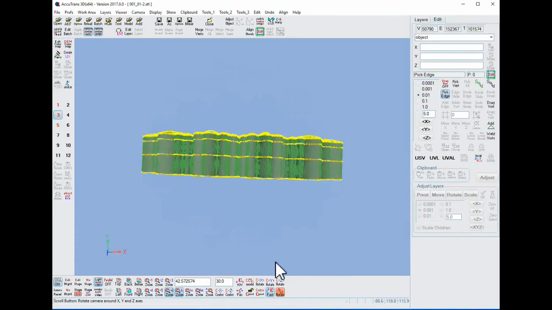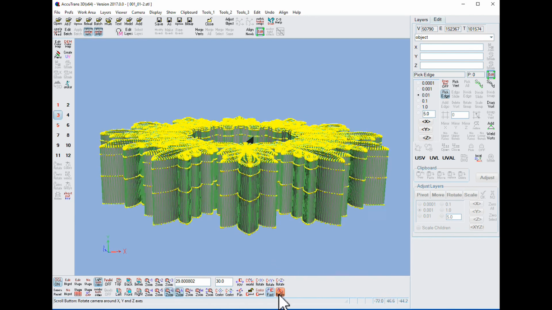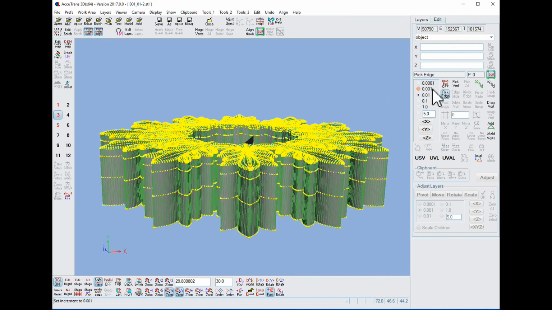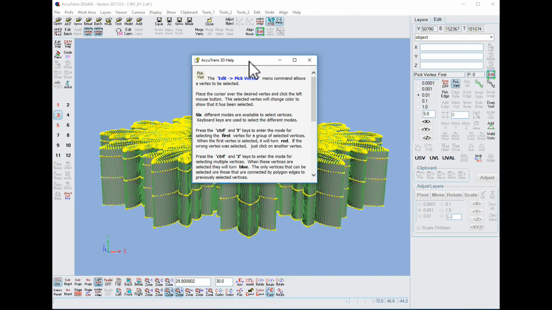Now we'll bring the model around, and now we want to pick all the vertices that are on the same level, and it gets tricky to do when they're close together, and you can end up picking the wrong ones. So what I'm going to do is go back here to pick vertex mode, and if I went here and clicked on context sensitive help and then on pick vertex, I'm going to get some help on that vertex, and